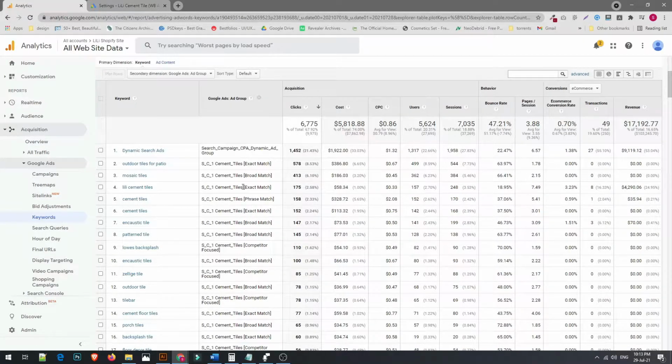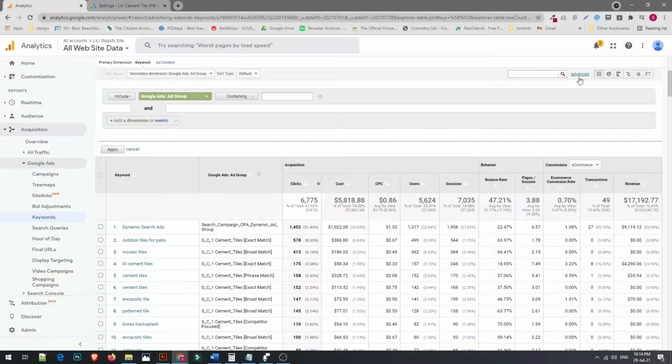So what it indicates is this certain keyword, for example mosaic tiles, comes from this particular ad group from within Google Ads. After you have selected the ad groups, you have to do one more thing. You have to go to the advanced section, and over here you are going to apply two advanced filters. One is for the bounce rate,